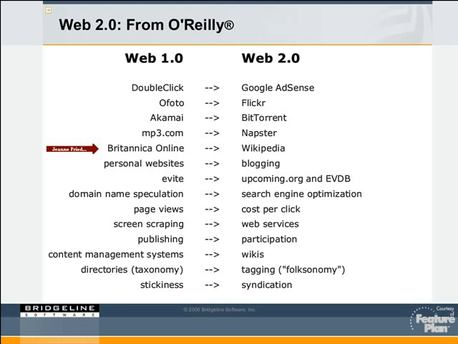As you probably saw from reading the information, one of the things that O'Reilly, one of the, quote, founders of Web 2.0, has is a comparison between Web 1.0 and Web 2.0. So what we're going to do is not read the whole list. Some of these areas may be very familiar to you, some not, but we're going to just touch on a couple of those. So the first one is, since Scott's a fantastic photographer, I'd like to have him talk about Ofoto versus Flickr.